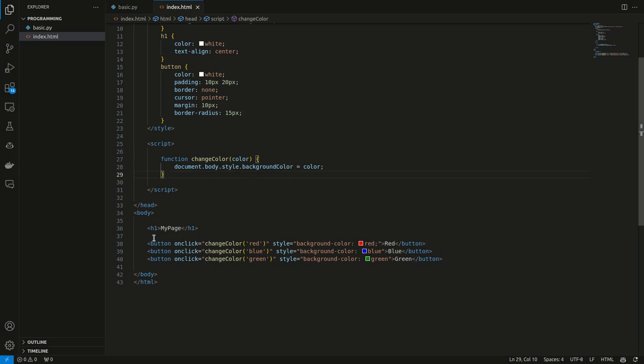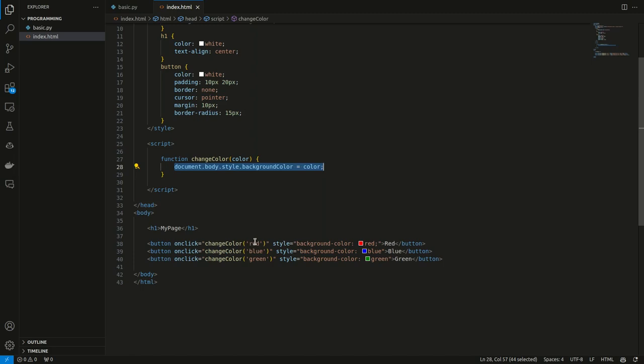So now we have the HTML button. So now we have the onclick. What this does is it changes the document, the body, the style, the background color. It takes in as input an HTML color to use for the HTML page. Now it changes the color to whatever color is provided. So instead of this onclick, we said whenever you are clicked, we need to call the change color function and send in red.